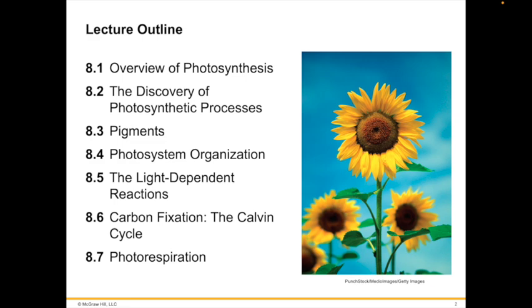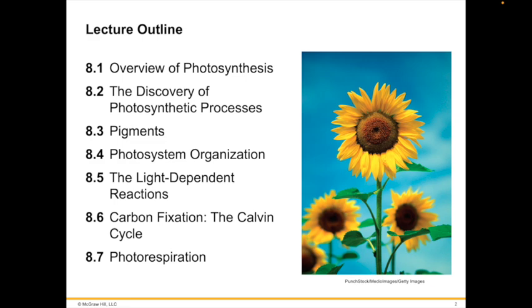Research may enable us to improve crop yields and land use, important goals in an increasingly crowded world. In Chapter 7, you all learned about how cells extract chemical energy from food molecules and use that energy to power their activities. In this chapter, we examine photosynthesis, the process by which organisms such as the aptly named sunflowers you see pictured in your textbook capture energy from sunlight and use it to build food molecules that are rich